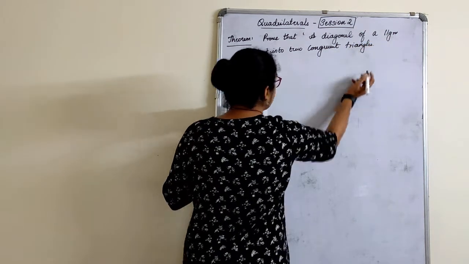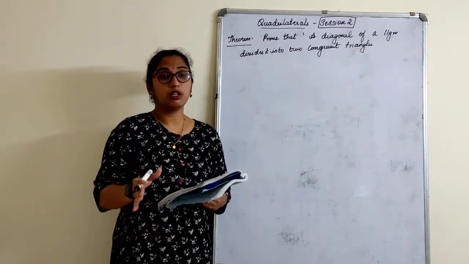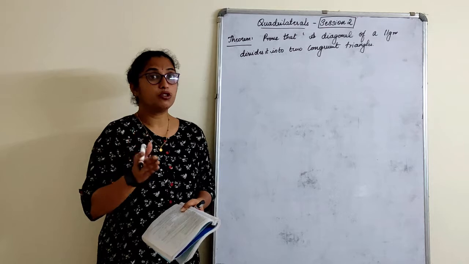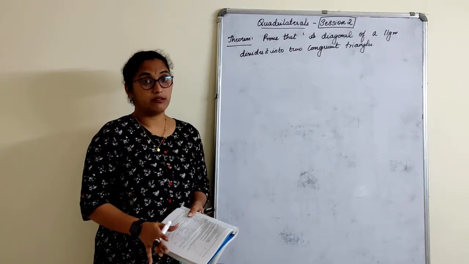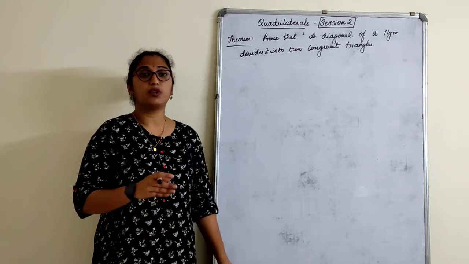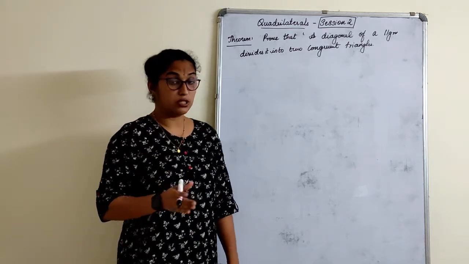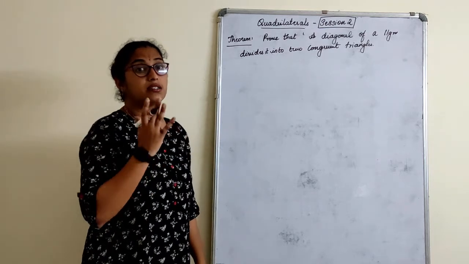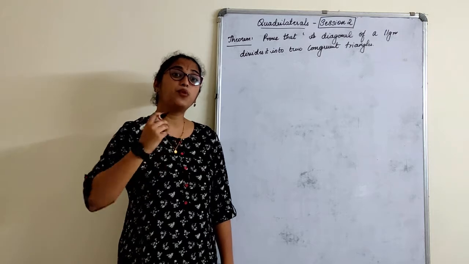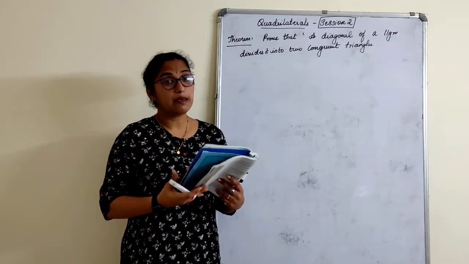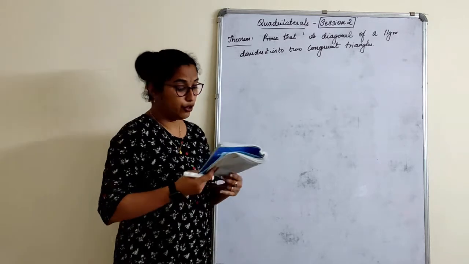The main thing here, you need to be first and foremost perfect with congruency. Until you know what congruency is and how to prove triangles are congruent, you will never understand quadrilaterals. Because in the whole chapter on quadrilaterals, we are going to prove and come to conclusions by congruency only. So congruency is the base to understand the riders on quadrilaterals, and while proving the riders, we choose types of quadrilaterals where the properties of quadrilaterals are involved.